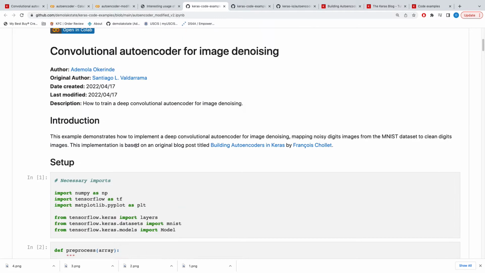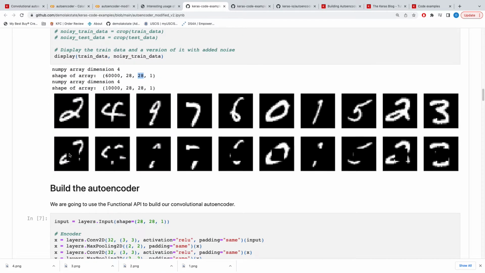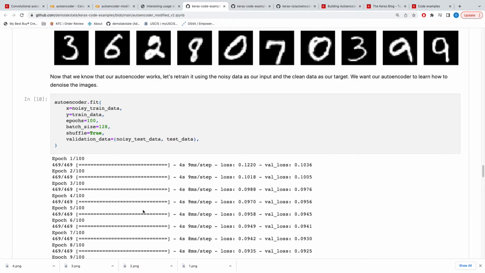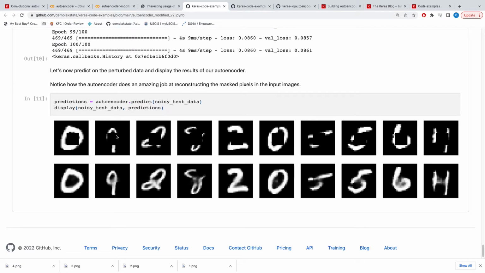If you look at an example of what has been maxed out, you will see these two. These pixels were maxed out, and this was maxed out, and you can see the rest like that. So the goal now is to give the model this maxed-out, perturbed image, and we expect the model to be able to fill up the missing pixels. If we look in here, you will see that we now train the model. This is the result of training the model on